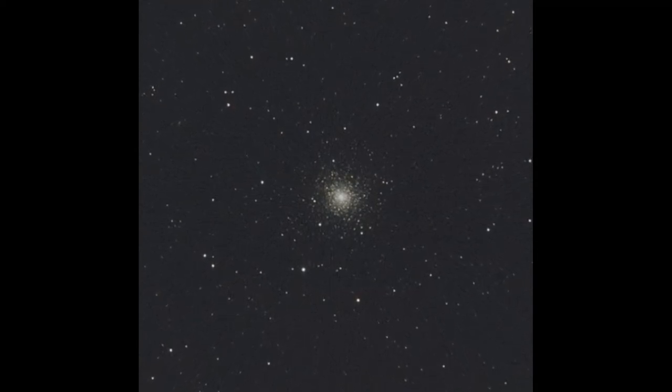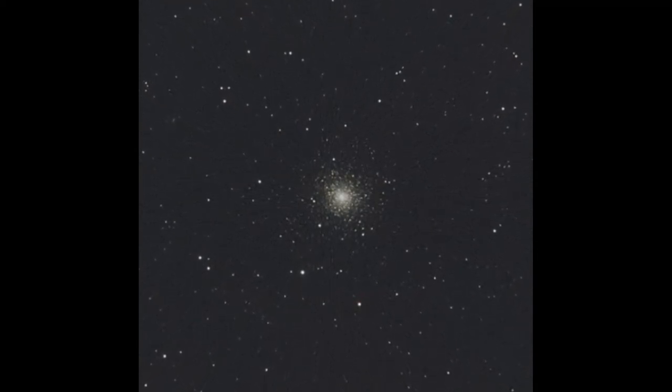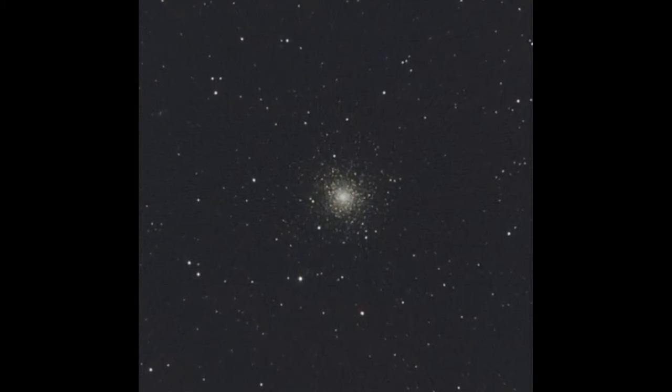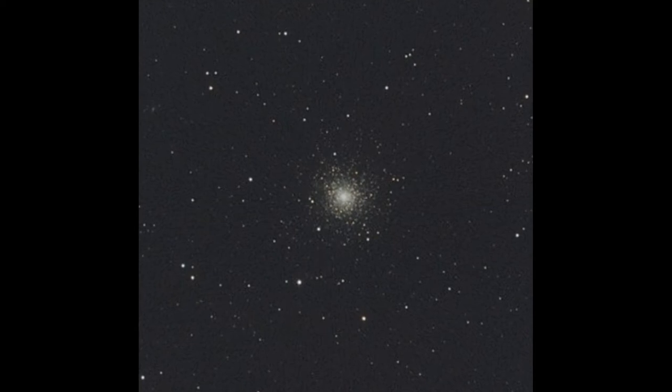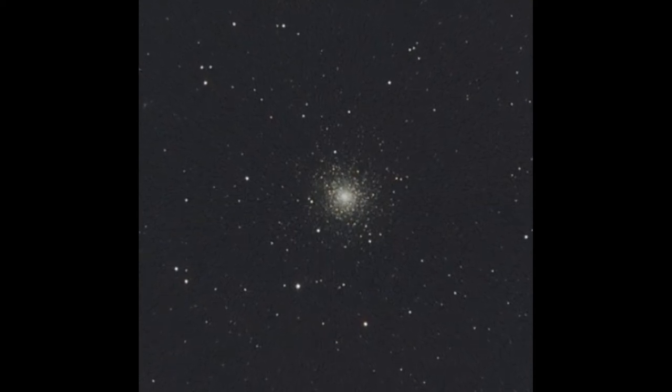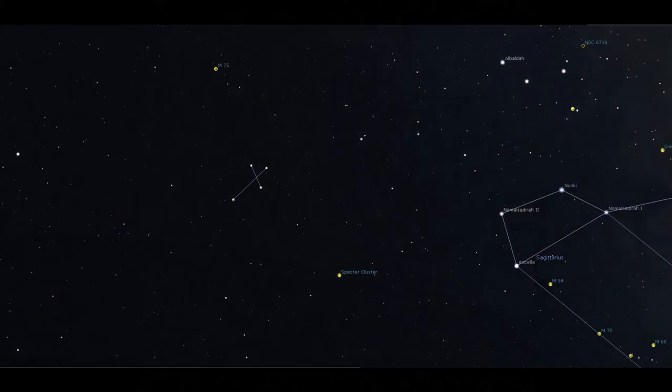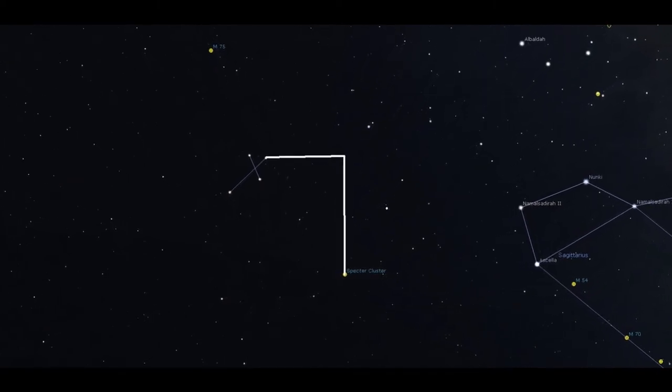Our last globular cluster in Sagittarius is a bit of an overlooked object, mostly because it is so far south, at minus 30 degrees declination, so it never rises very high in our skies in the U.S. To locate M55, go back to that cross of fourth magnitude stars. From the top star in the cross, sweep 4 degrees west and 5 degrees south, and you'll see a faint